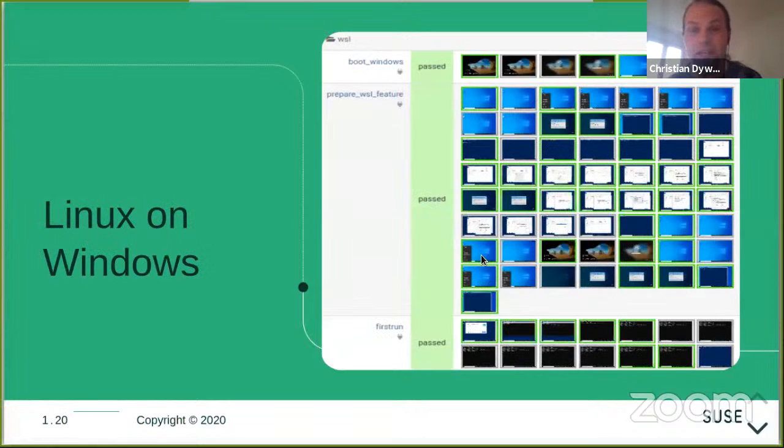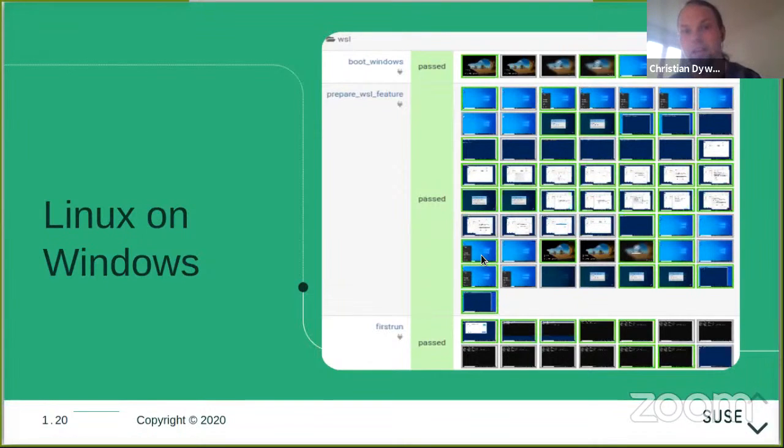And of course, why not test how well Linux works on Windows by using openQA? So I could have probably picked an easier example for this as well, but I figured this is a pretty popular one these days. So if you weren't aware, it's possible to install SUSE on a Windows PC through the Windows subsystem for Linux.